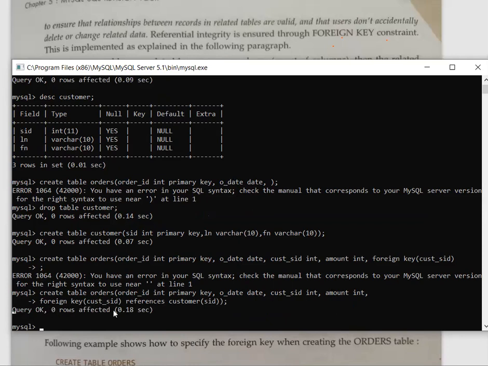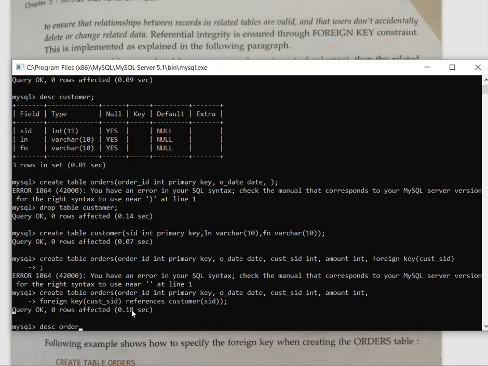Again, I am repeating because I have written this in the next line. First is your complete table you have to make. And after that, in the last put comma, then foreign key. Even like this, you can make primary key also. You can write primary key and within bracket, whatever column you want to make as a primary key. So for foreign key, within bracket, name of the column, references, primary table name, and its column name.